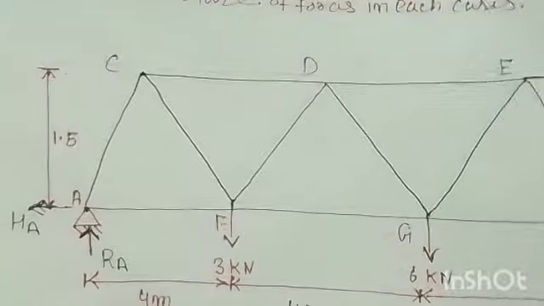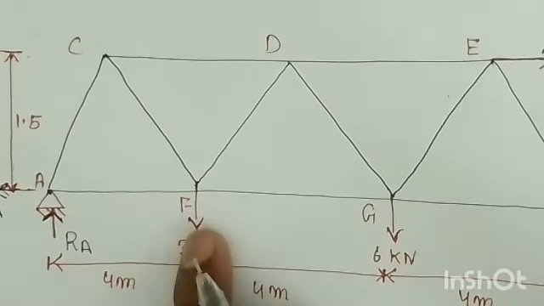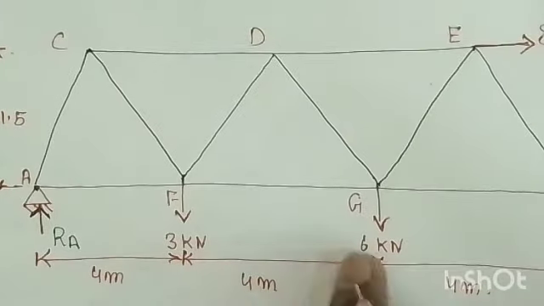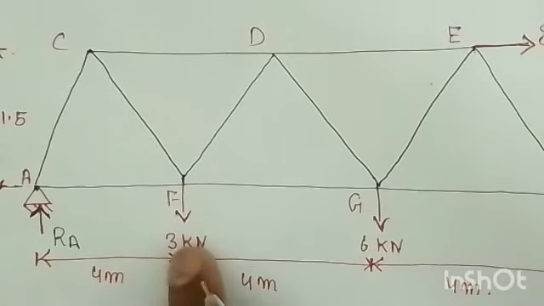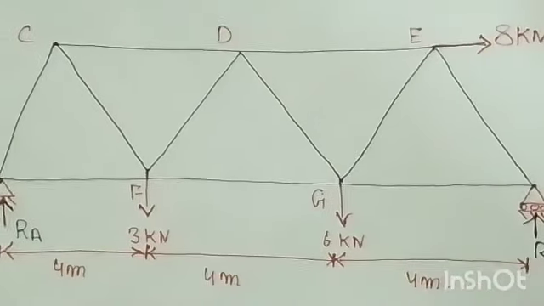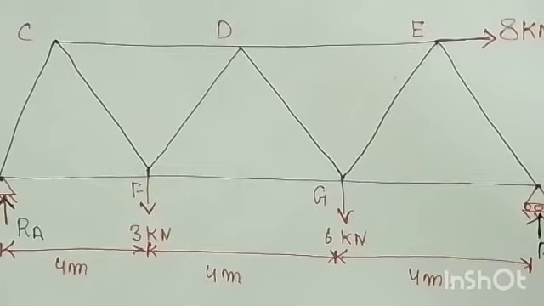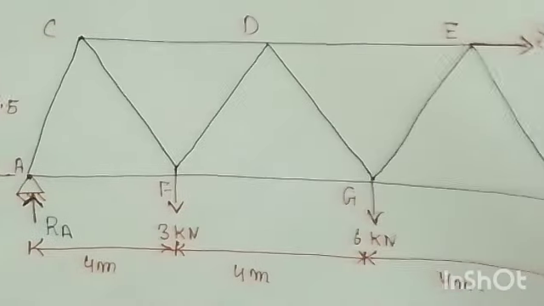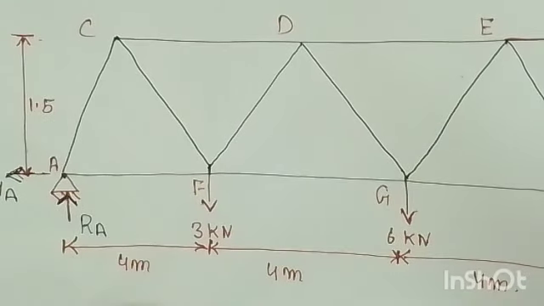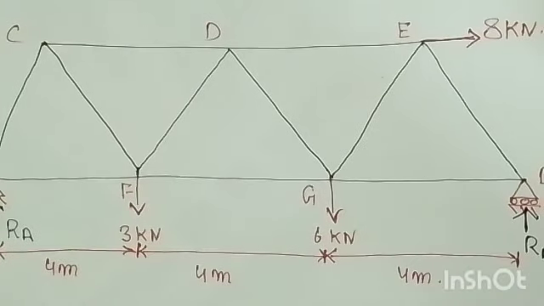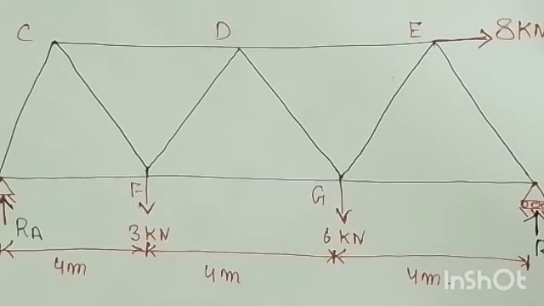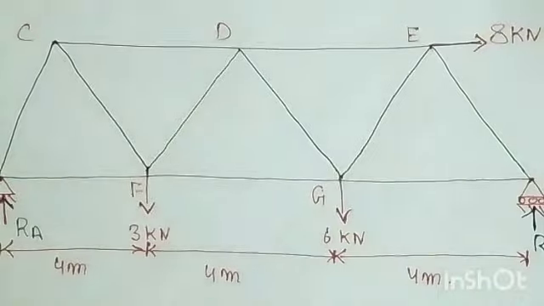Again, if you see, at E and G two forces are acting. These are vertical downward loads of 3 kilonewton and 6 kilonewton. So do one thing: draw this truss. I'll show you like this. Okay, now first of all what we need to do is find the horizontal as well as vertical reactions,